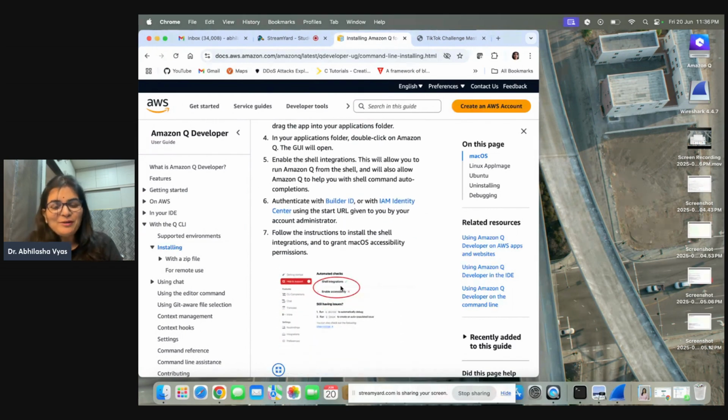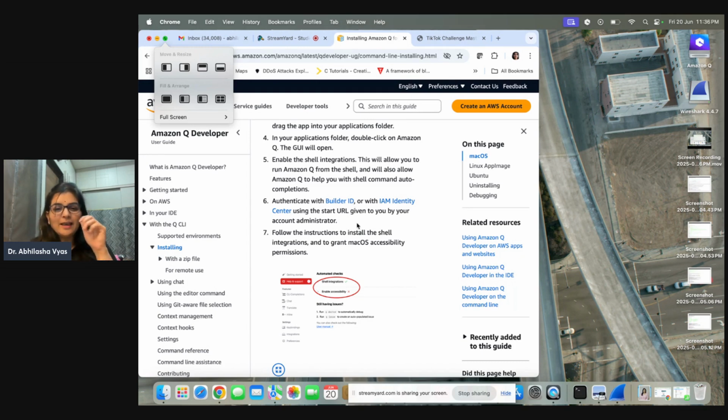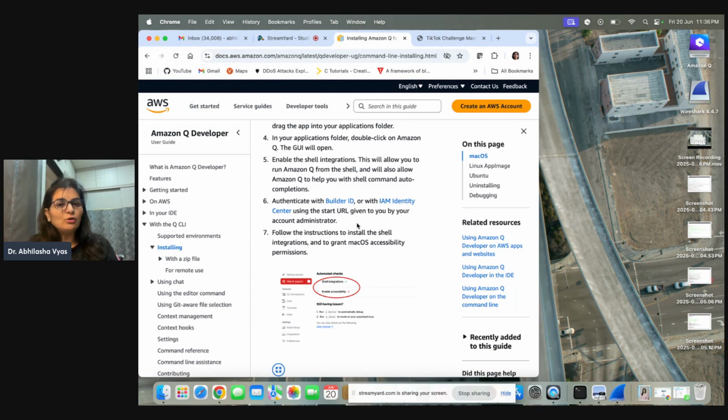So what are you waiting for? Install it and then create so many good games, and learn new things with gamification. This is the first try in which I'm sharing the games which I have created and how I have used Amazon Q CLI, because this is not the only feature of Amazon Q CLI. There are a lot of other features also available. You can give the prompts, and based on that, you will get the response. It works like an IDE also for all of us. And yes, it works with multiple languages, and it's very, very easy to install and very, very easy to work on.